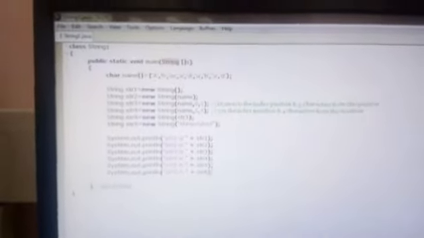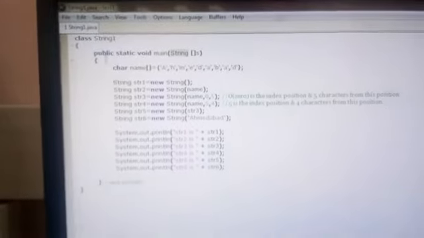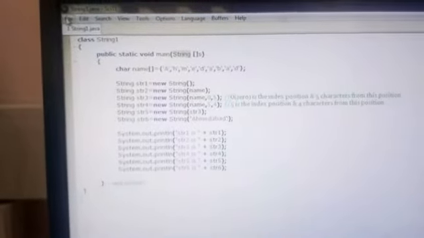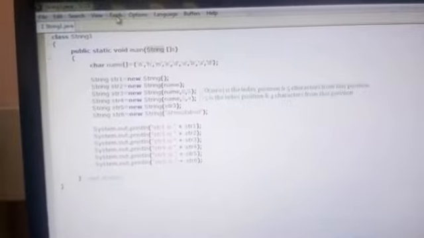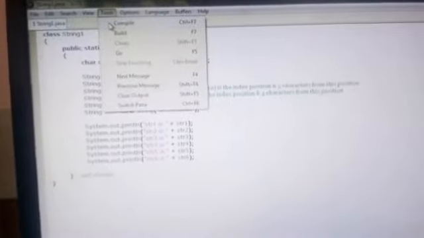You see, as the name is string1, I have saved the program as string1. Now I am compiling the program. When I compile the program, I get to know that I have no error in this program. The exit code is 0.